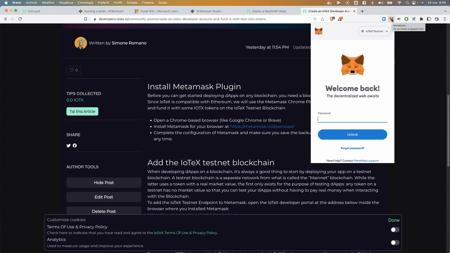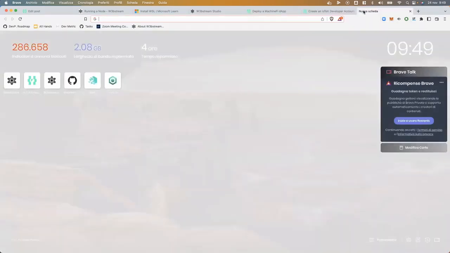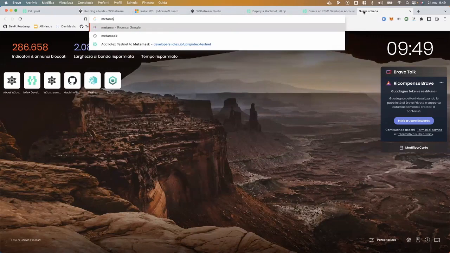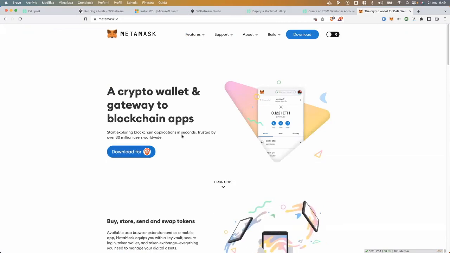So you install Metamask. It's available at metamask.io. You just download it for your browser and install it. After you have installed it, you have to complete the configuration of MetaMask. And this means basically saving a set of 12 words that it gives you to back up your wallet. So you just save these words inside a notepad or somewhere in a safe place. You write them down if you want. And then you complete the installation of MetaMask. And this will give you